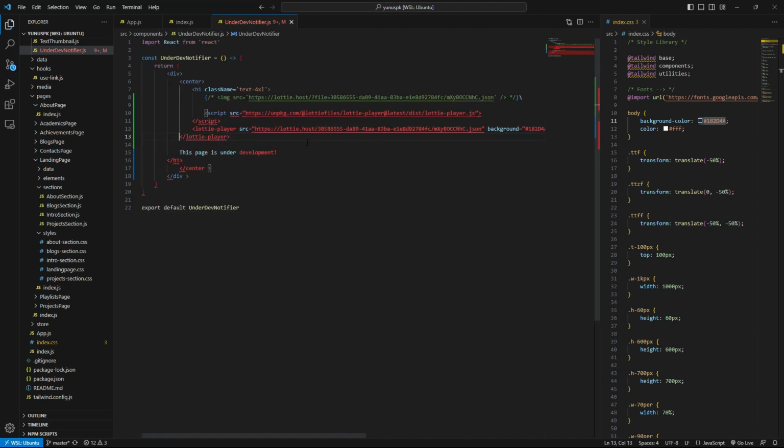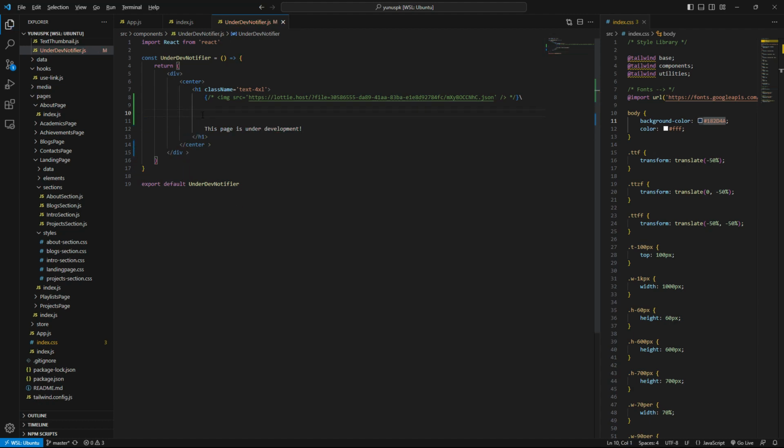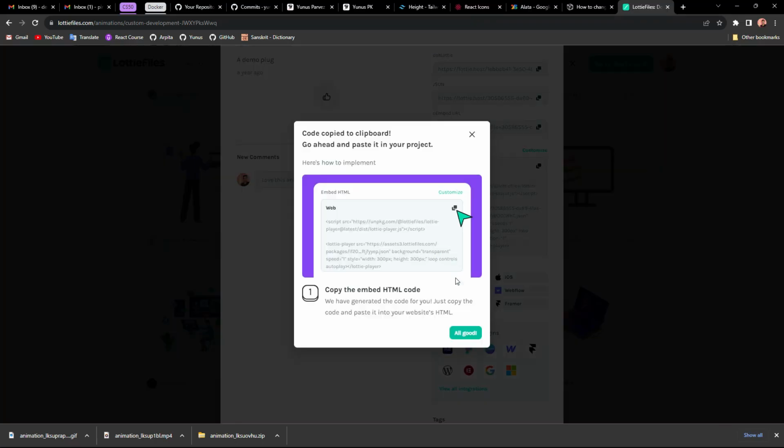What's the problem? This is just not gonna work. I'm gonna say embed HTML thing.